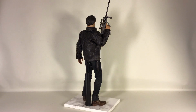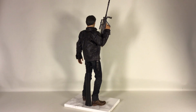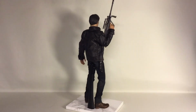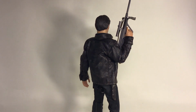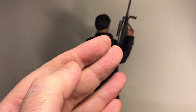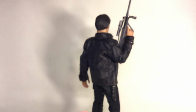And something else I have found out too is that the leather jacket or pleather jacket, it stains a little. Let me move the camera closer here. I'm not sure if you can see it on my fingers. There's some black stains on my fingers from handling the jacket,